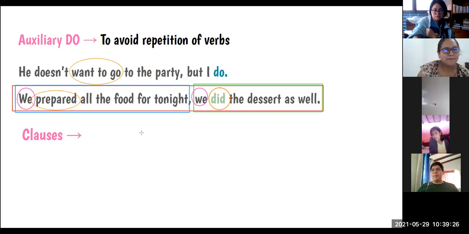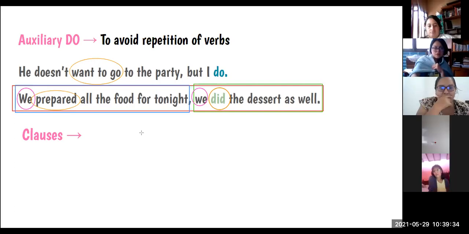Okay, so anybody else? What can you tell me? What is a clause? So Laura can listen and take notes. Laura, take notes. Juliana, tell me please, what is a clause? A group of words that contain a subject and a verb. Yes, a group of words that contains a subject and a verb, right?